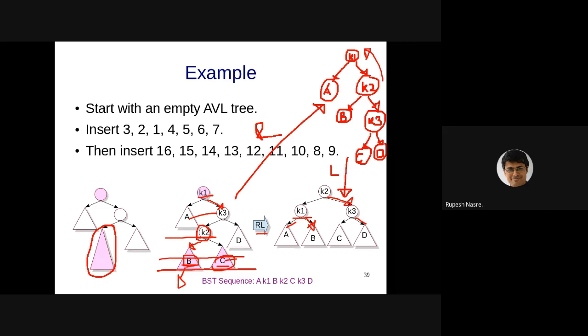The important part here is that I am inserting a node now in B such that the imbalance is occurring at K1. Before adding this node, there was no imbalance at K1, in fact no imbalance in the whole AVL tree. That is more important. Maybe I have not drawn it properly. I have drawn it nicely at the same level, but that need not always be the case. So B and C need not be at the same level; they could be at different levels.